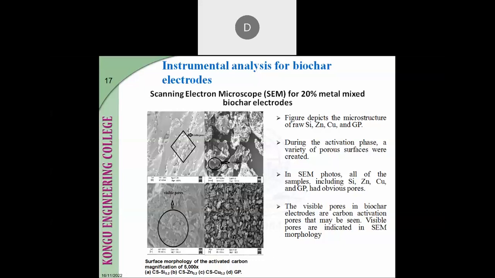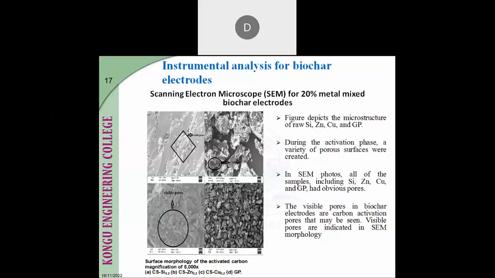Here it shows the surface morphology of the sample. We analyzed using the SEM, and this schematic representation shows the microstructure of raw silica,